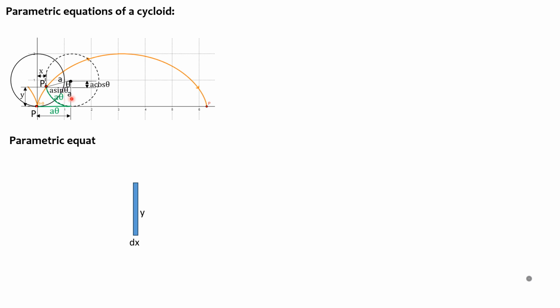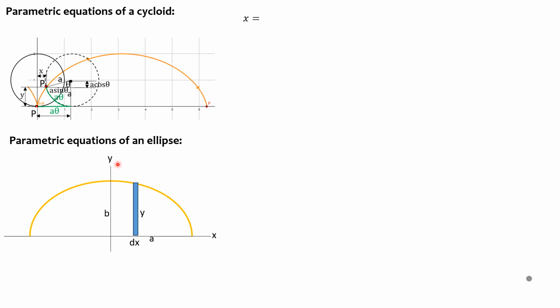So again, for the x value parametric equation of a cycloid, x is A theta minus A sine theta. So this is for the ellipse later. So x is A theta minus A sine theta, factoring out A. So x is A quantity theta minus sine theta. That's the parametric equation for x of this cycloid.